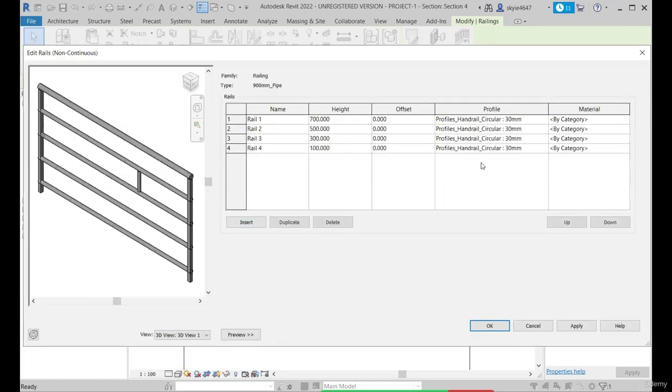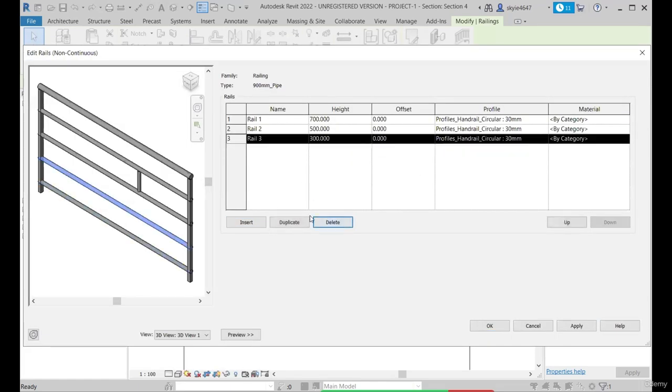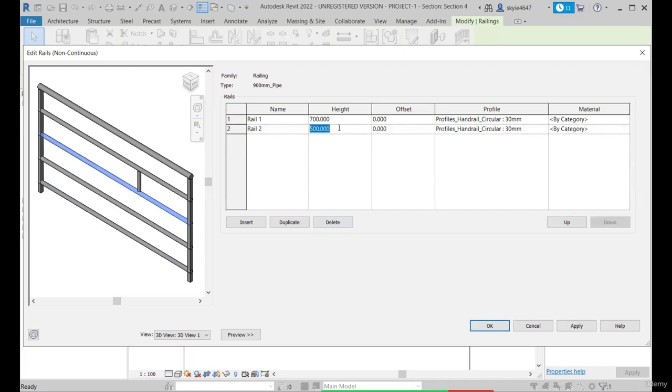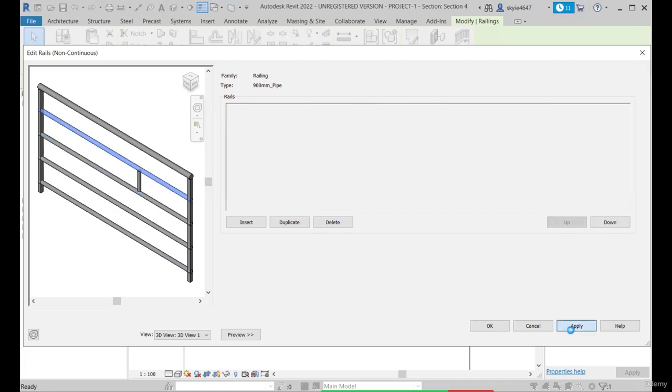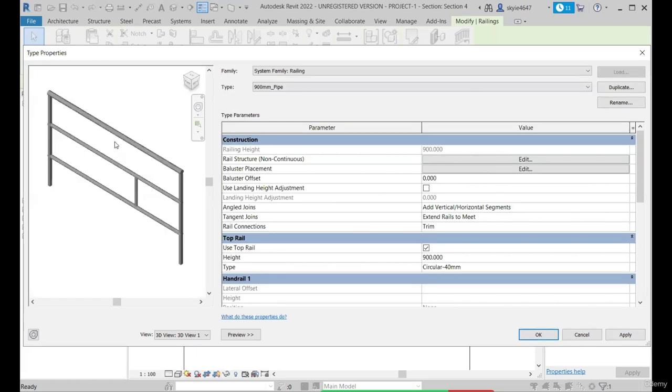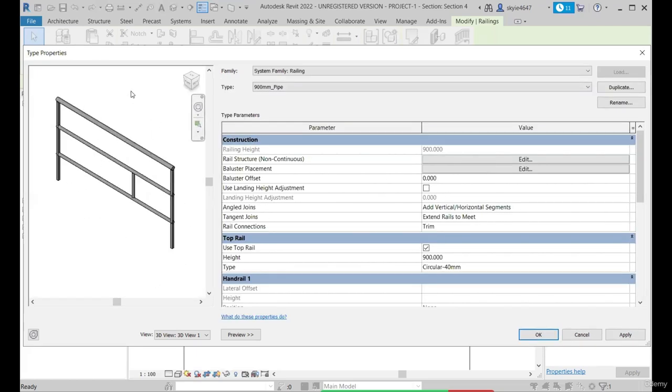Okay, go here. I don't want any extra rails. I want this to be at 300 mm and this to be at 600 mm. Apply. Okay, so my overall railing will look something like this. Okay, so now let's move ahead,